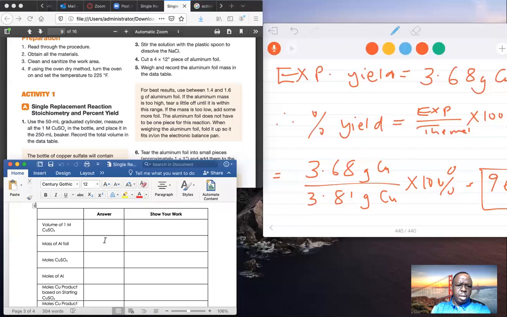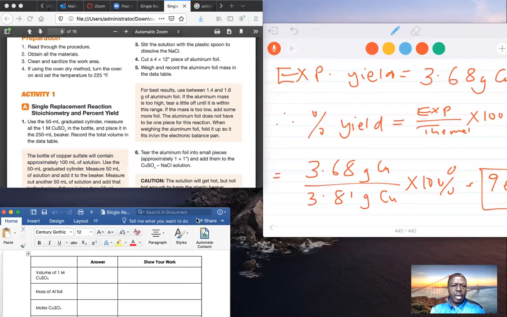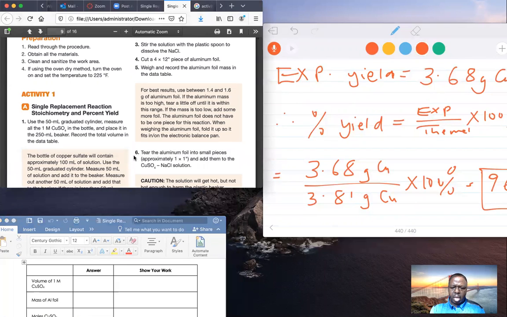All right, and you may not have enough space here to show your work. But feel free to write the title, volume of 1 molar copper 2 sulfate, mass of aluminum foil. I know you can get that. Number of moles using the equation. I know you can get that easily using the equation I gave you. You will have to, all right,